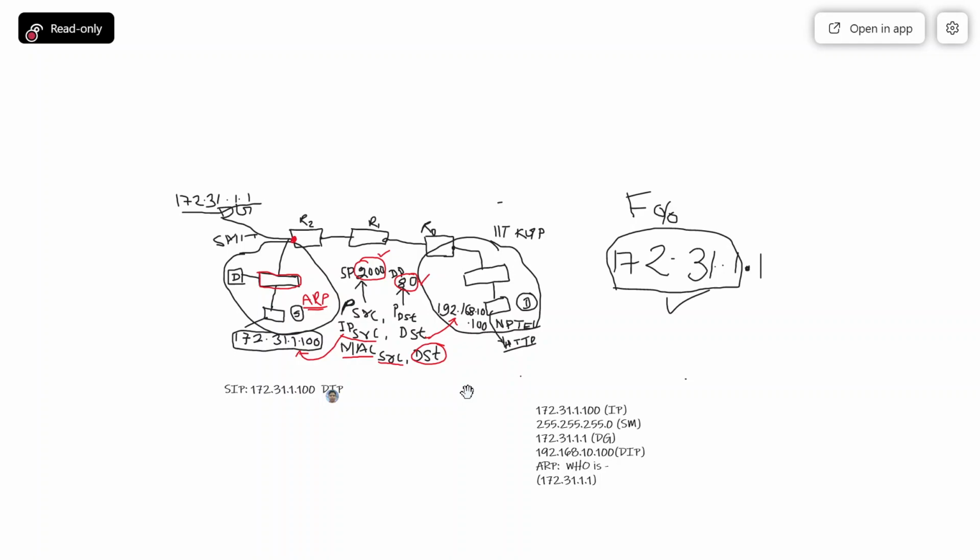So it will make use of another default gateway. This will become the default gateway for router 2, and router 2 will forward the packet here. Router 1 will again make use of the same thing and forward the packet using this default gateway.